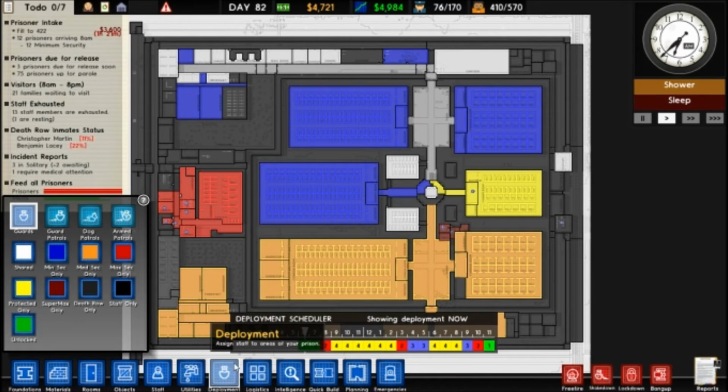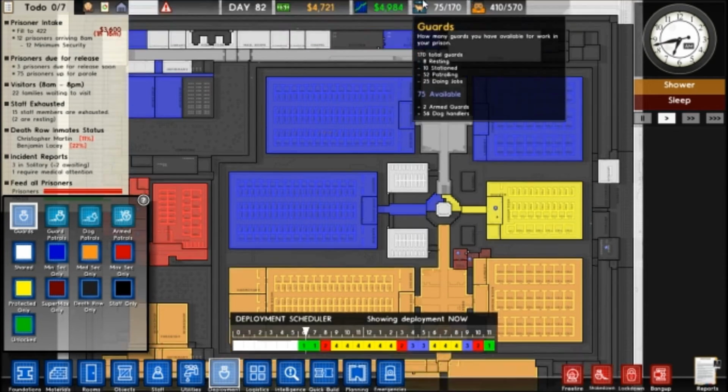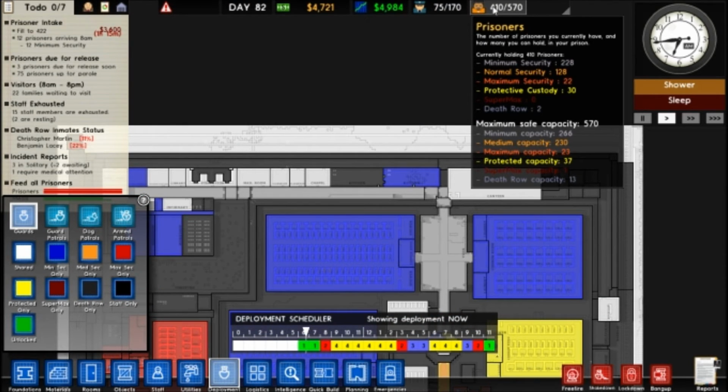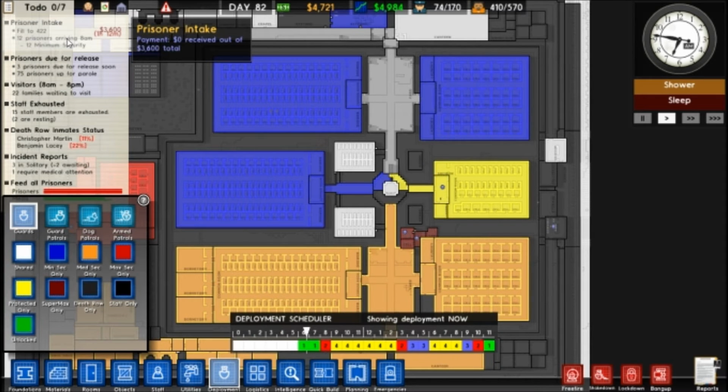Obviously you'll need a lot of power in your PC to run a map like this because of the sheer scale of it. But even the person's done the deployment scheduler for you, it's still making money, it's still got a bit of cash in there. It's got capacity for 570 prisoners, which is just incredible. And you can obviously make a lot of money if you just want to fill that to capacity, but